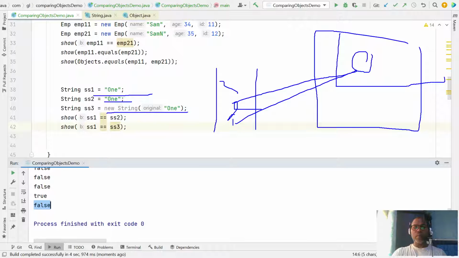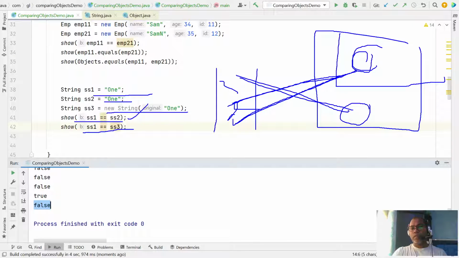Again you use the new operator, and whenever you use the new operator, a new object is created in the heap, and now this is referenced by the s3 variable. Now s1 double equal to s2: s1 refers to the same memory object, s2 also refers to the same memory object, so it will return true. In the case of s1 and s3, s1 refers to this, but s3 refers to that. Both are referring to two different objects, so this will return false.